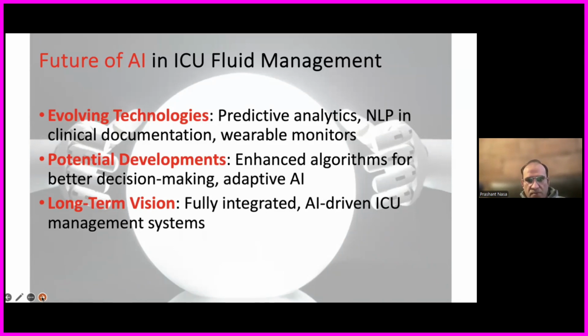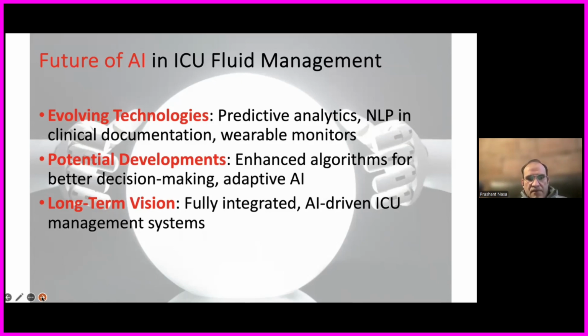And then there are potential developments which can improve our decision making, especially adaptive and actionable AI, which is probably the future, moving not only to the current predictive AI, but also to an adaptive AI. And finally, we should look at the integrated AI-driven ICU management system, which can help improve fluid management in our patients, and that I really look forward to. Probably in future, the decision of fluid management will not be left only to a poor trainee integrating all this information at night, but this information should come from a machine: whether to give fluid or not, whether to start vasopressor and when to start it.